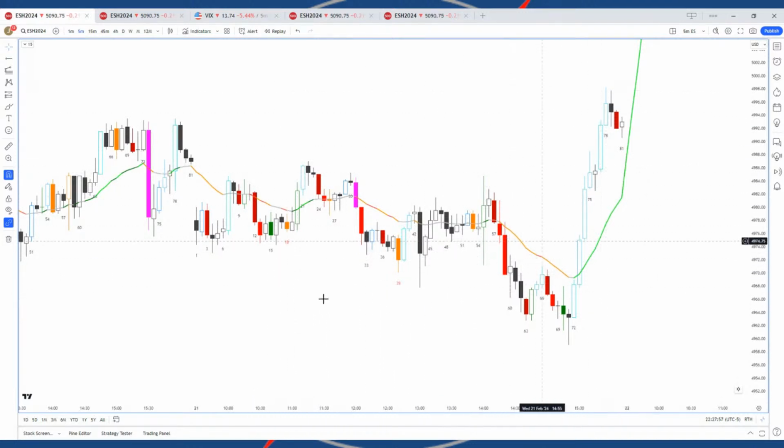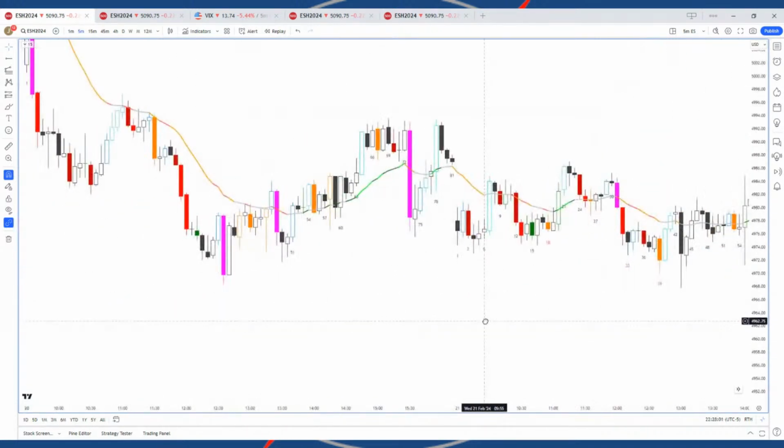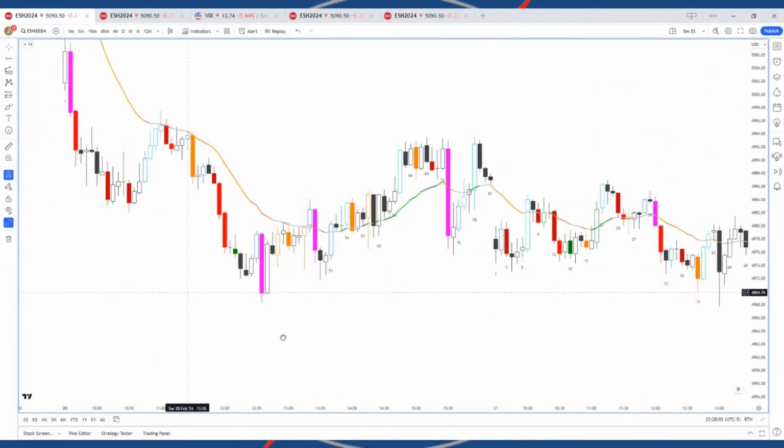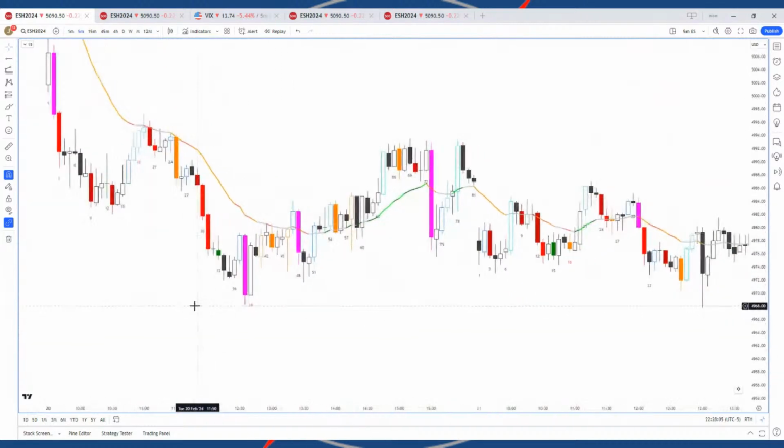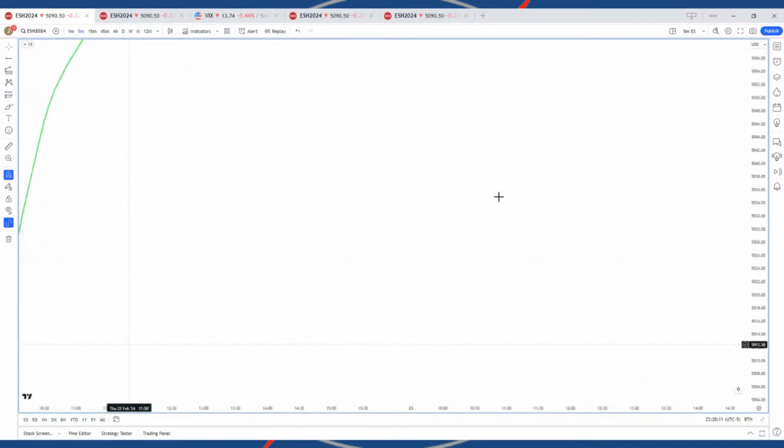This was a difficult day because it was an expanding triangle trading range day. Those can be funky. These are all of these climactic bars. So let's go back up.